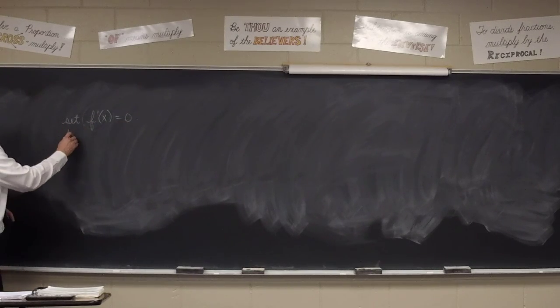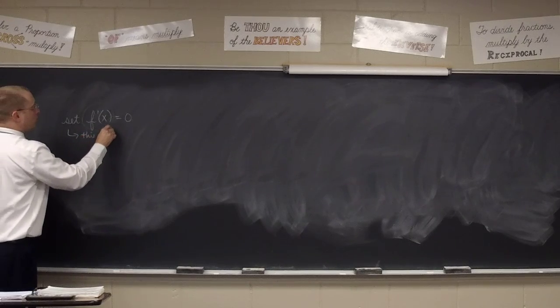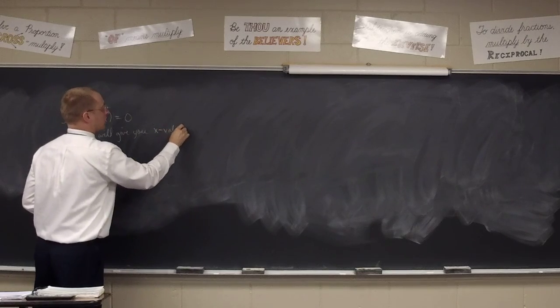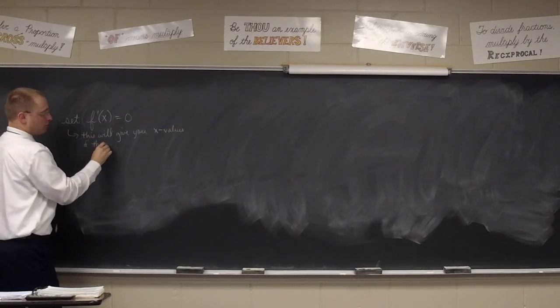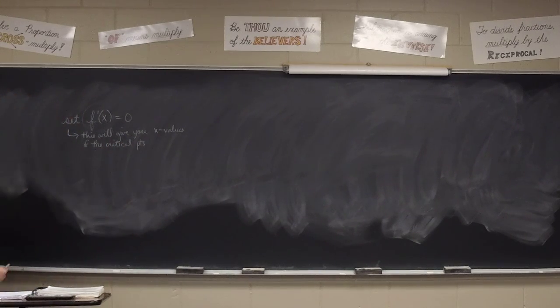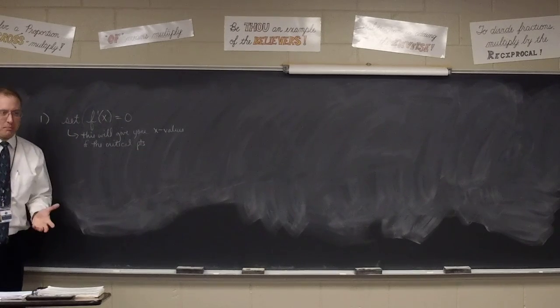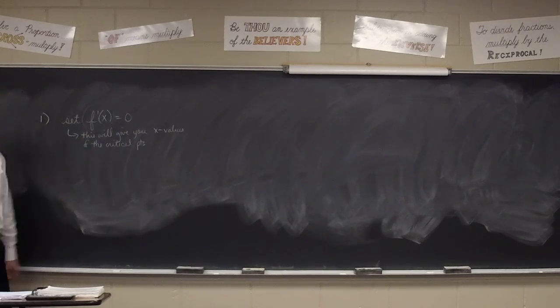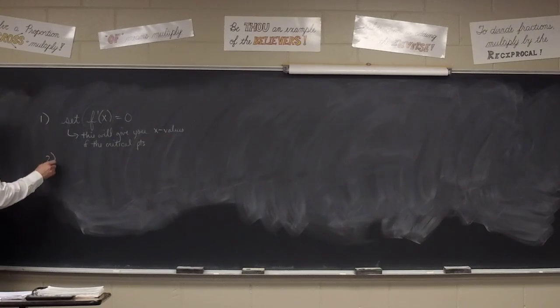All right, this will give you the x values of the critical points. So step number 1, f prime of x has to equal 0. But that's only an x value of a critical point. That's not a point. A point has an x and a y, or an x and an f of x, right? We tend to think y is, we've been graphing with x and y since 9th grade. So step number 2 then, to get the, quote, y values,